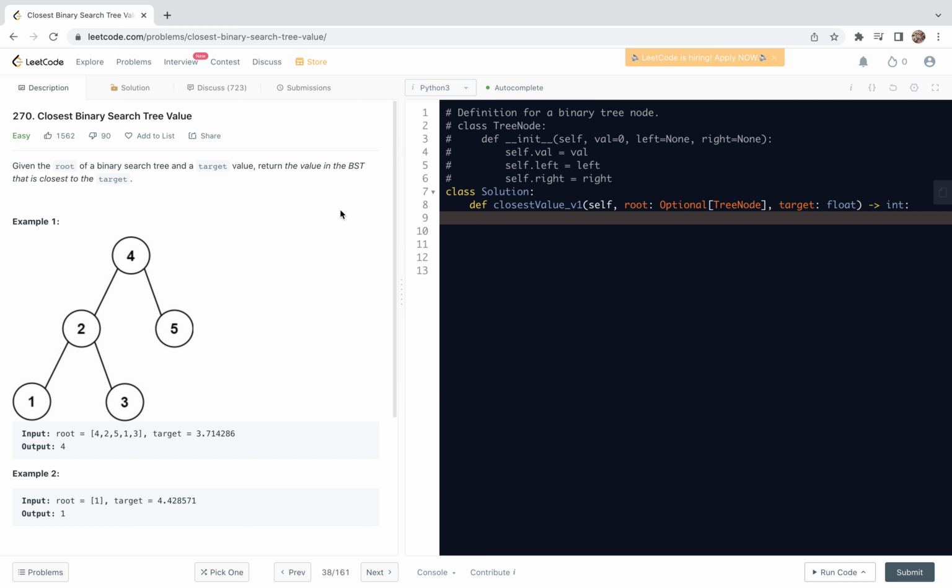Let's have a look at problem 270, closest binary search tree value. In this video, we're going to share two formats of solution. The first one is based on traversal, and the second one is based on recursion. First, I will read through